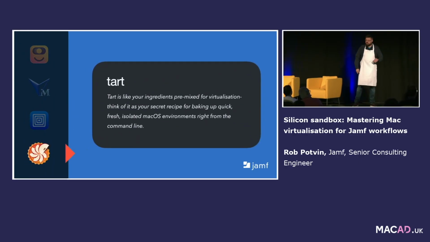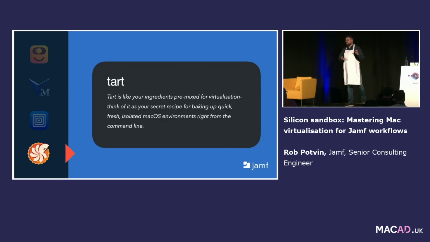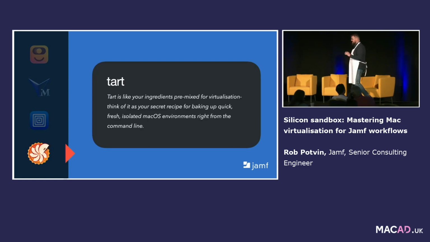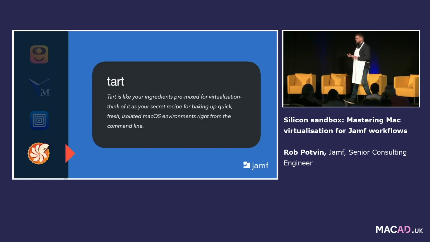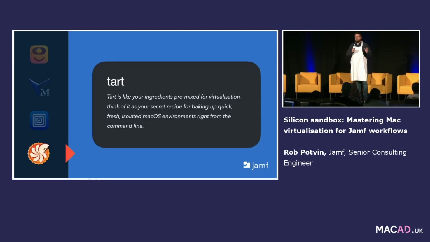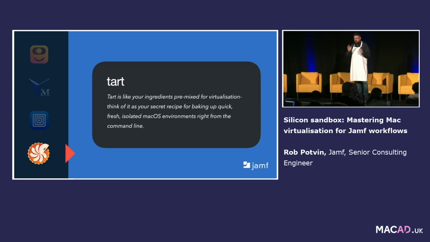So, hence the bakery theme, we're going to talk about Tart. Tart is awesome. I like Tart. Tart is a command line tool with a little bit of a GUI app, and it has all the entitlements for the networking. It is designed not for Mac admins, but for CI/CD pipelines, right? Infrastructure as code. It's built for developers who run Xcode and have a farm of Kubernetes Macs, and they can send an Xcode project, it gets built and tested and reports back.